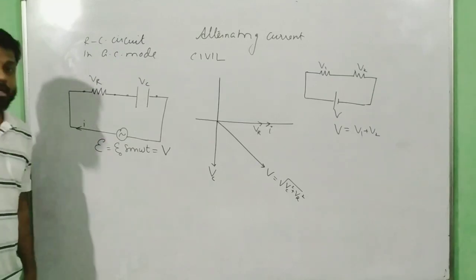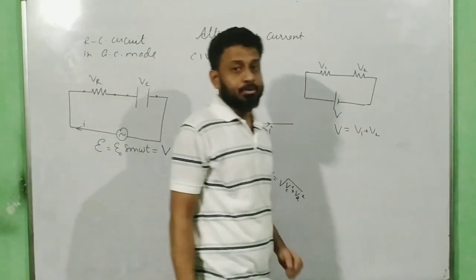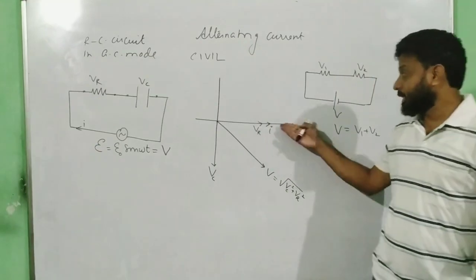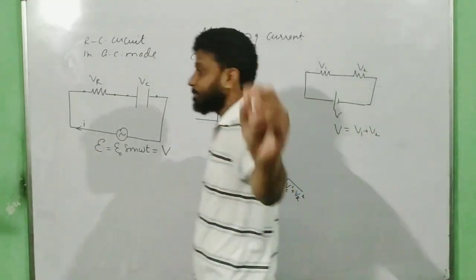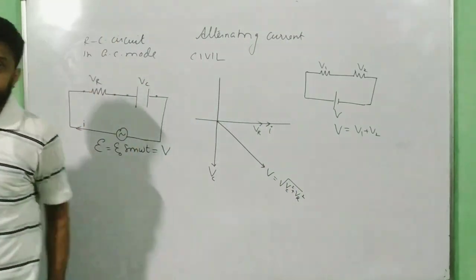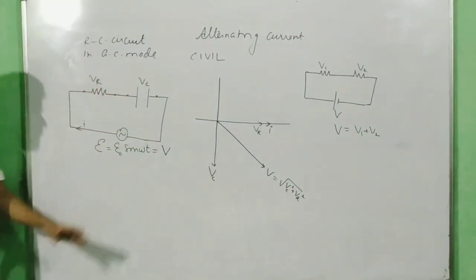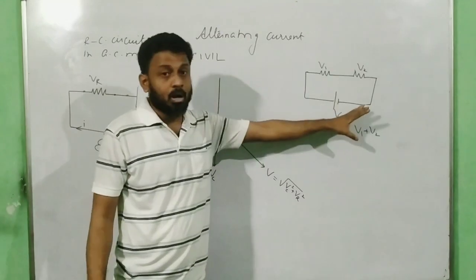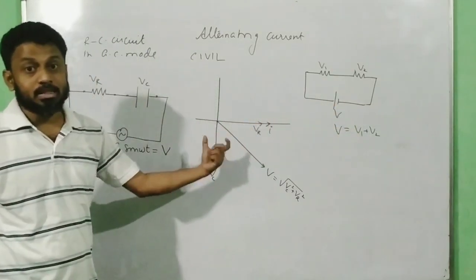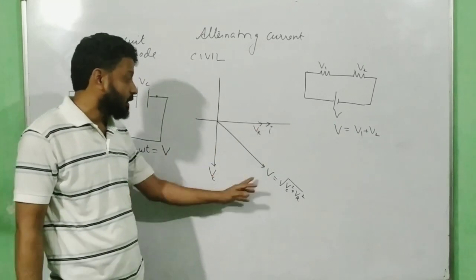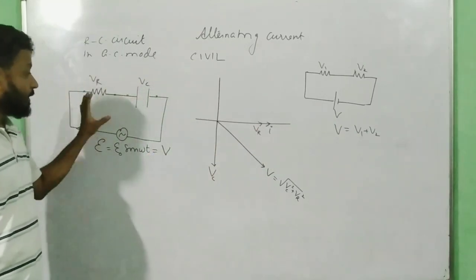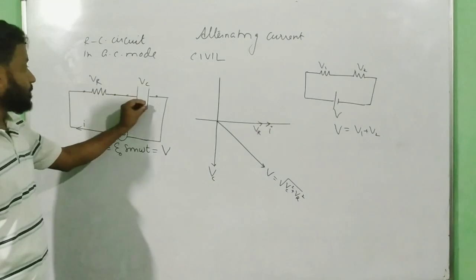You cannot simply add them up because they are not in the same phase. One is in this direction and one is in this. They cannot be in the same phase. So if they are not in the same phase, simple addition is prohibited. Ensure that this goes out of your mind when you are dealing with an AC circuit. So here, if this is my VR and this is my VC, the EMF over here will be given as root over of VR square plus VC square.